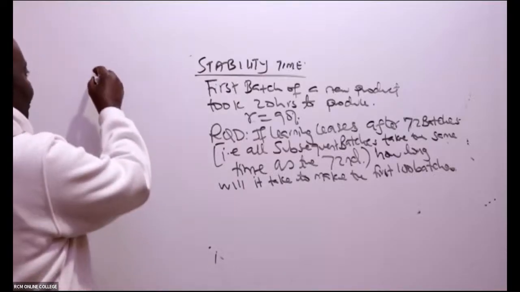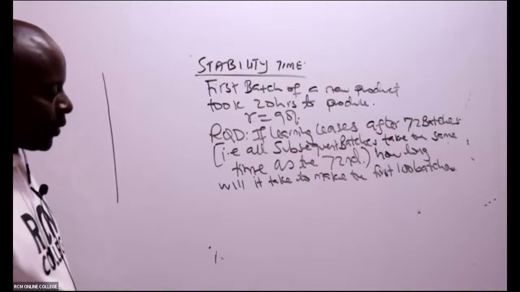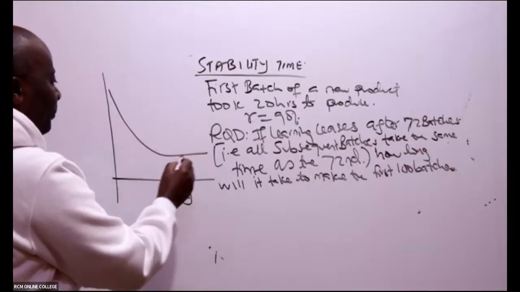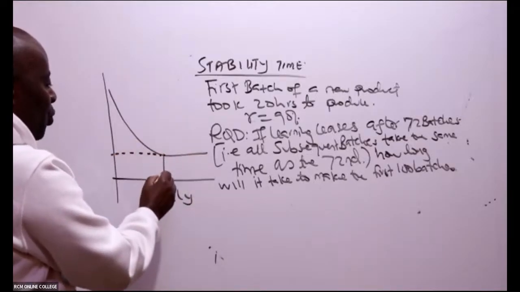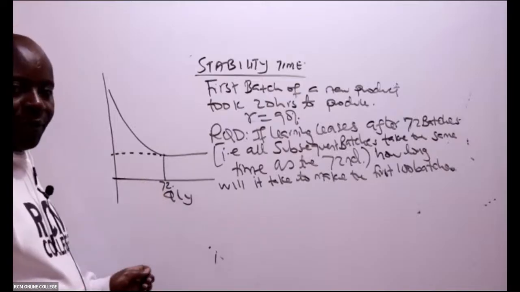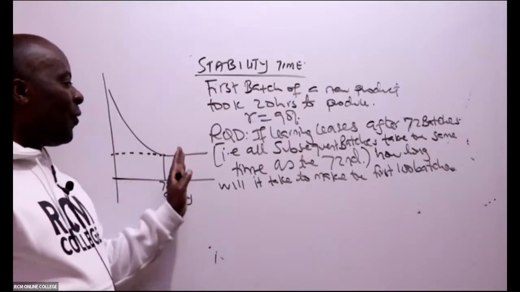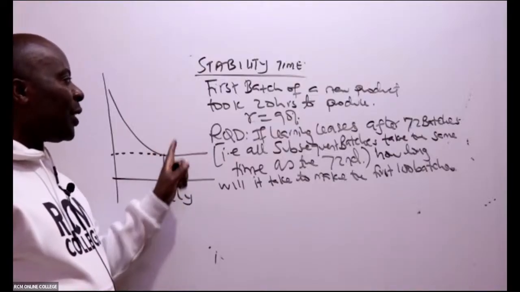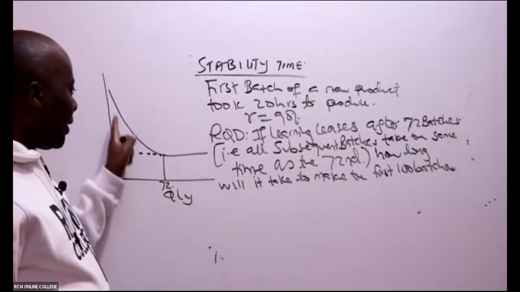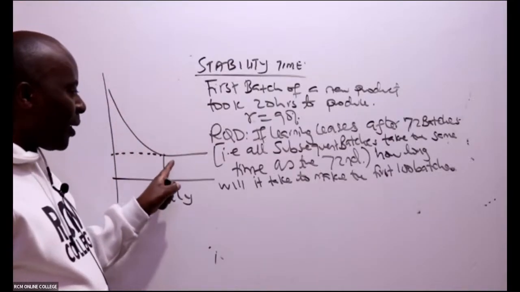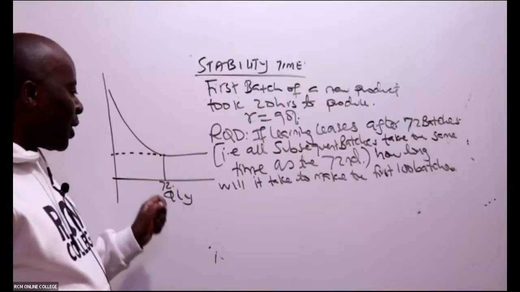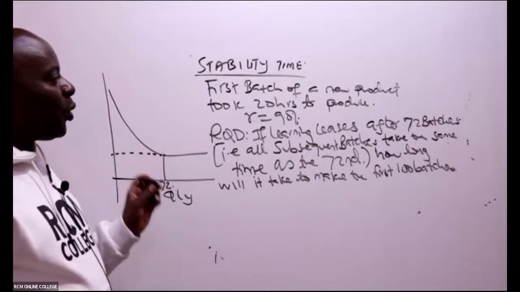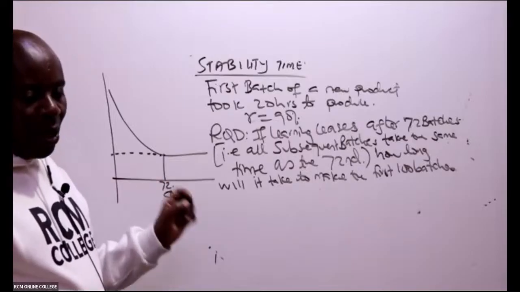So you can see here, we are progressing on very well. So we have here our quantity, so we have our line. When we reach unit number 72, we stabilize. After unit number 72, moving forward, the 73rd, 74th, all those units will be enjoying stability time. You can see here we are learning. So the first thing you shall do in this kind of question is to calculate the stability time.